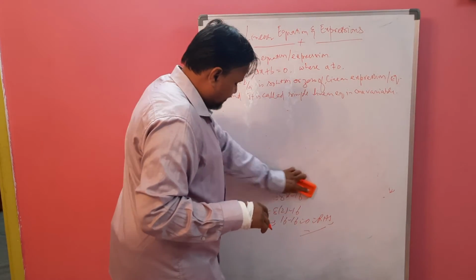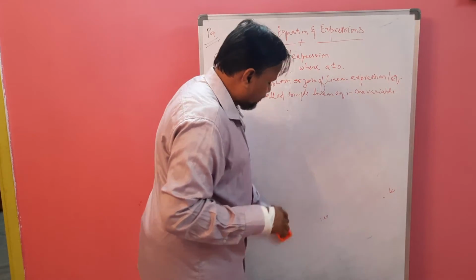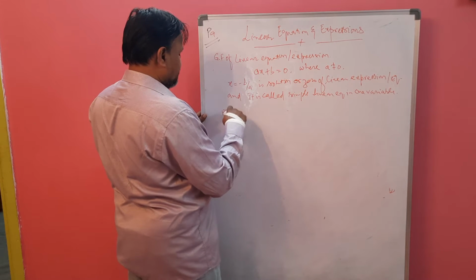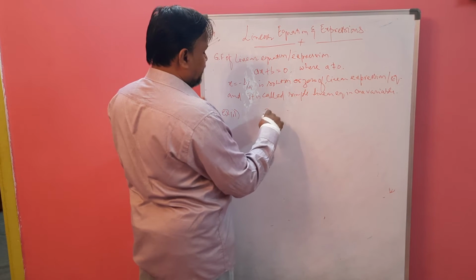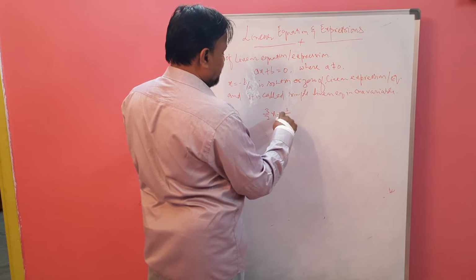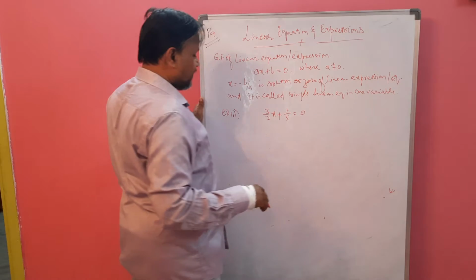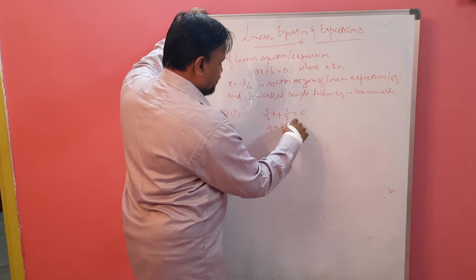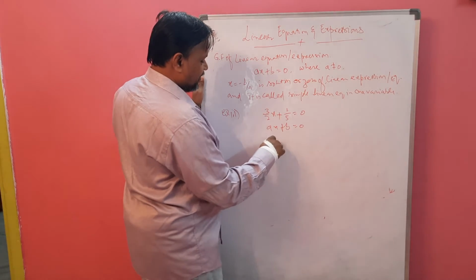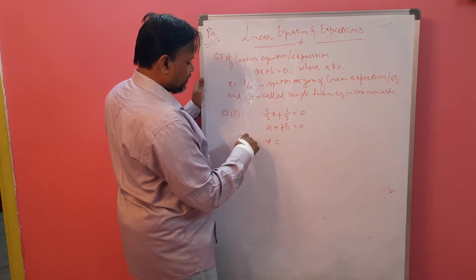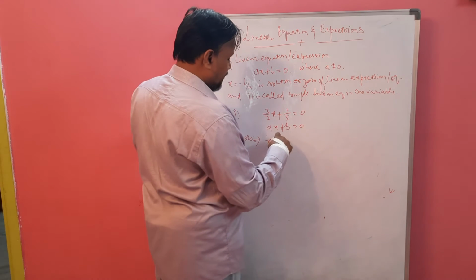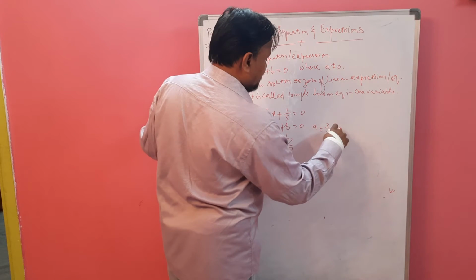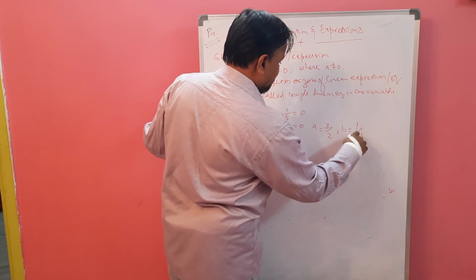If a linear equation is there, you know that minus b by a. Compare those values, get the coefficients, substitute that. Again example 3 we are taking. Okay, 3 by 2x plus 1 by 5 equal to 0. A fraction is there. Again we can compare it, ax plus b equal to 0. So the solution is what? The 0 of this equation, x equal to minus b by a. Compare, a is what? 3 by 2. B equal to 1 by 5.